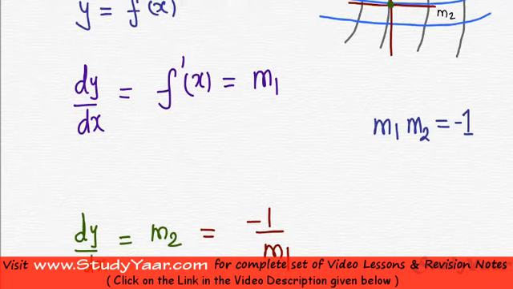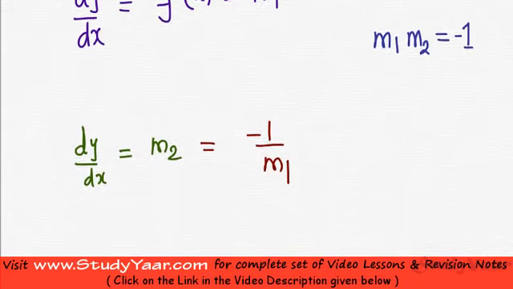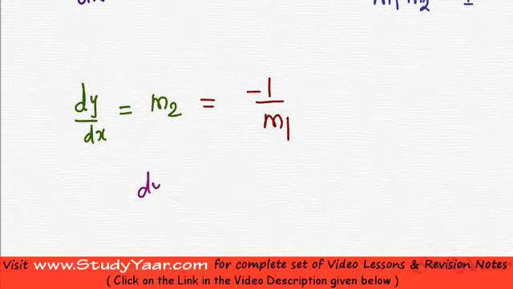But I know that m1 is equal to f dash x. So what I have is dy by dx